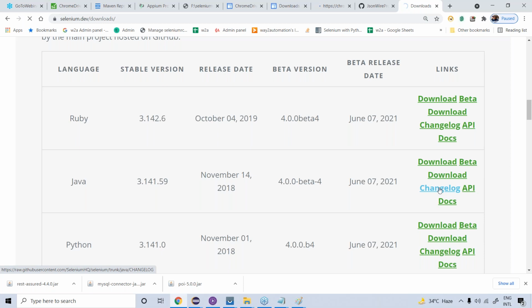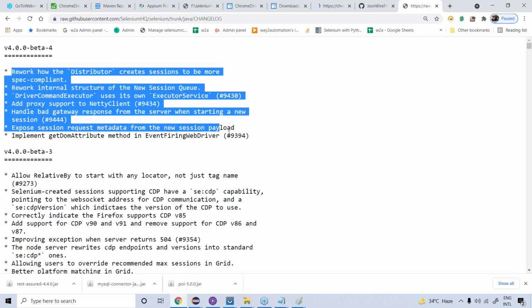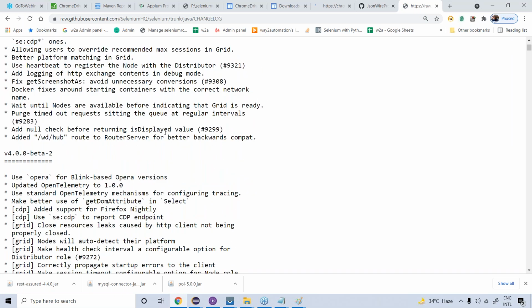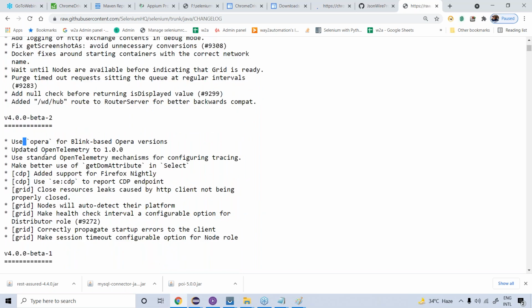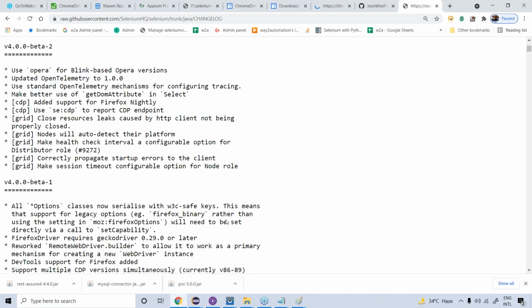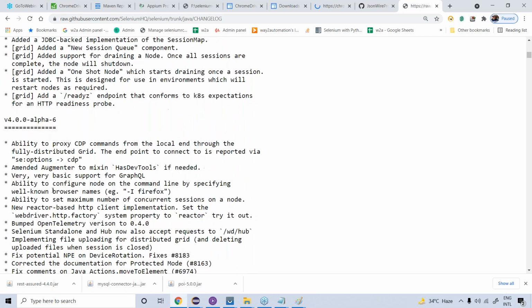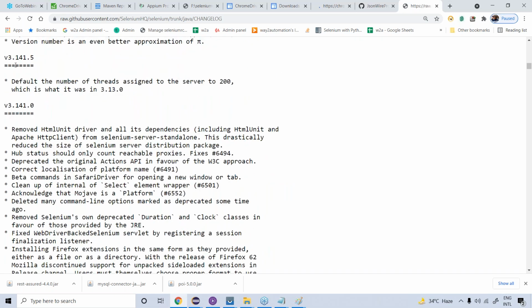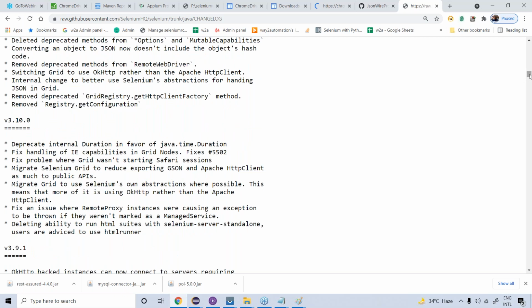So if you click on this change logs, you're going to see what all the updates they are doing, right? Although this could be a little technical because these are more related to the development part, but still you should be able to see if there are some bug fixes, if there are some new feature additions. So their developers maintain their version history over here. What all things they have checked into the 3.141.59 release, and you will find it